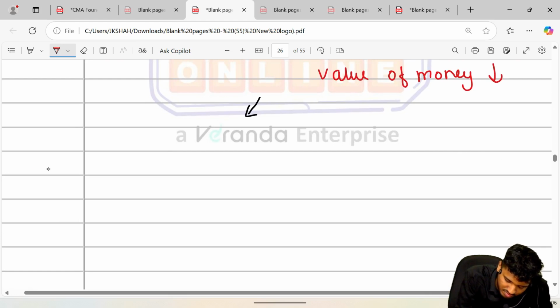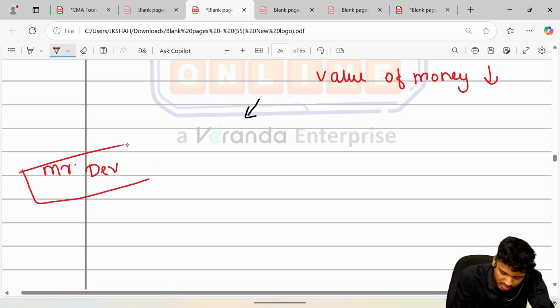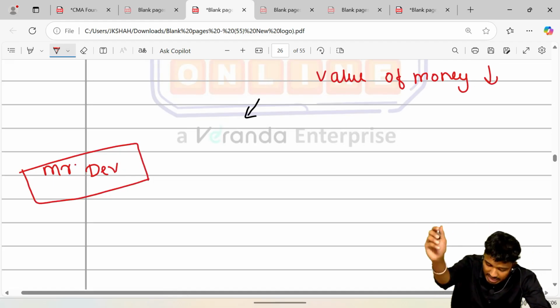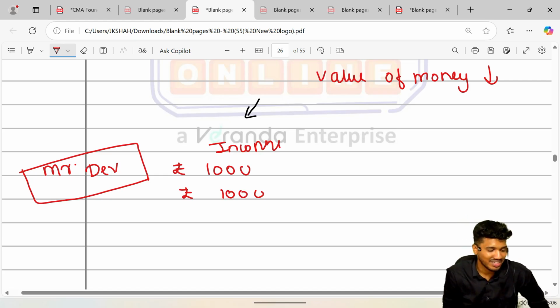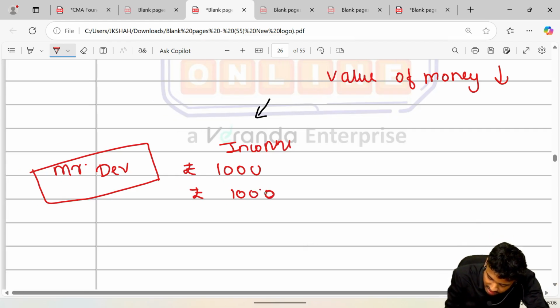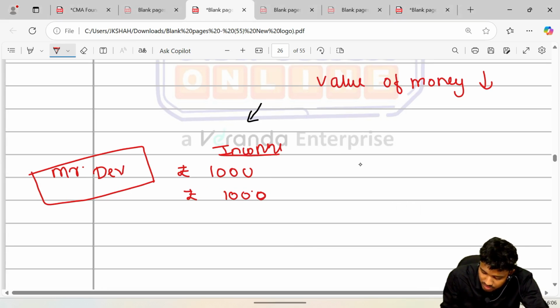There's a Mr. Dev. What happened to him? Example: he had an income of rupees 1,000, before and after. His father, that is I, gave him what is called pocket money. He has 1,000 rupees of income. Now he's really fond of getting so many clothes. I know my kid. Okay, so basically he went to the shop and the price of the t-shirt was rupees 250